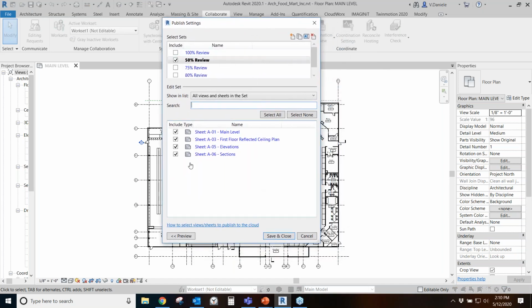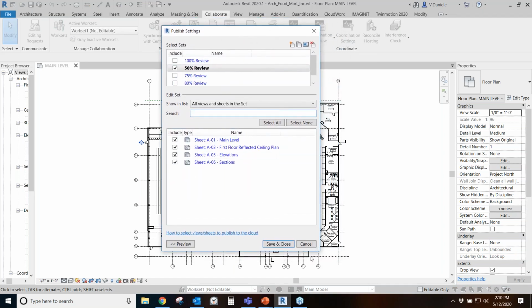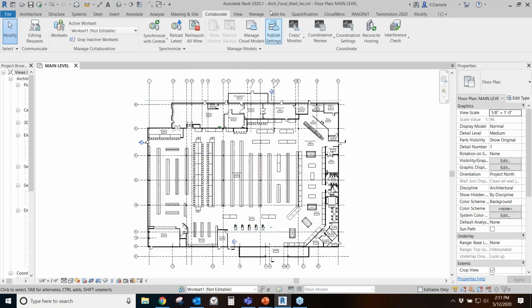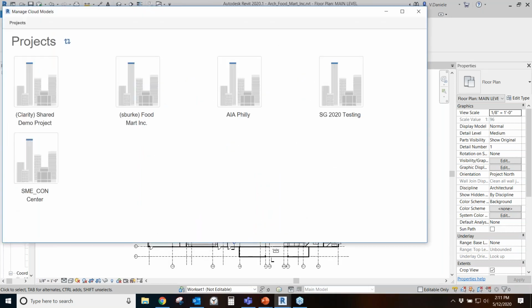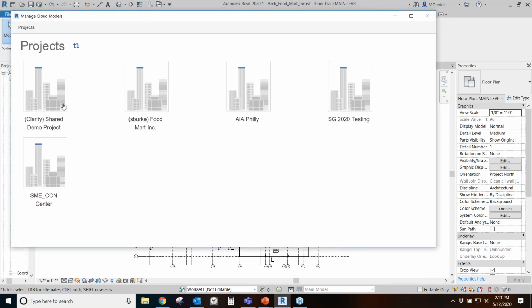So we can say, let me back out here because this is for just the documents. For managed cloud models, there's a little button here. So these are all of my projects that I have access to. Go into this one. If I'm ready to publish all of my changes out to push that up to docs as the latest version,